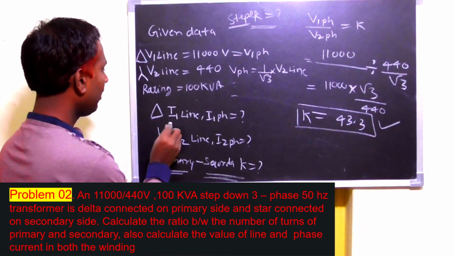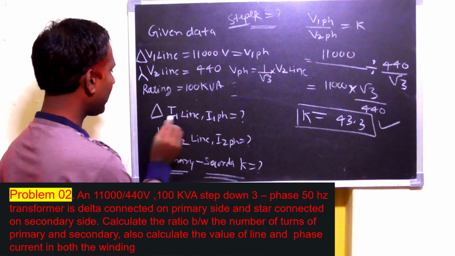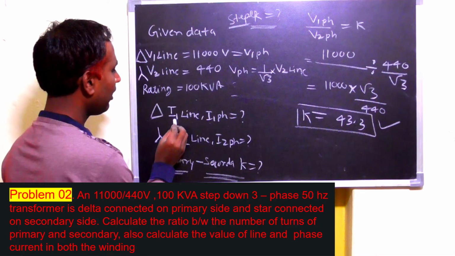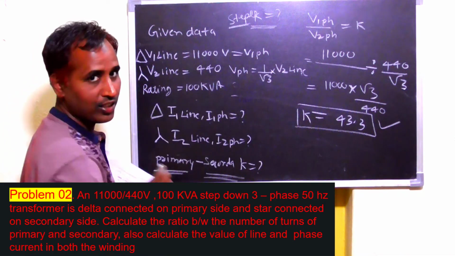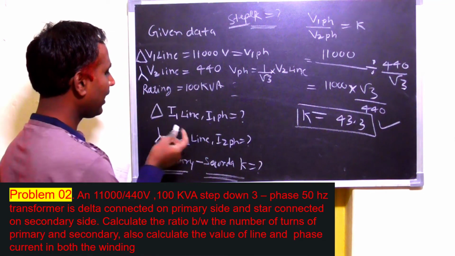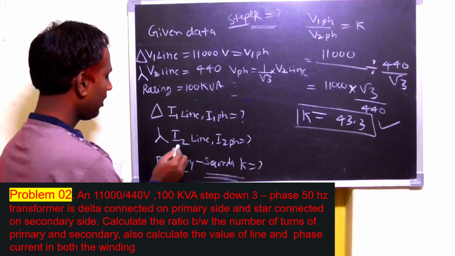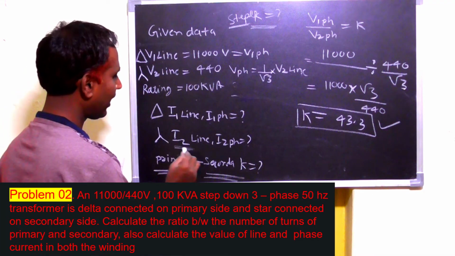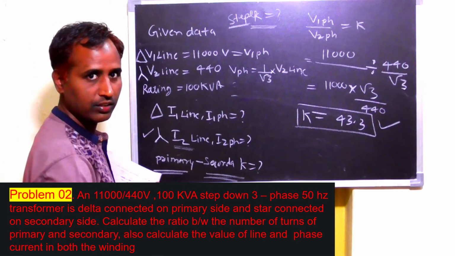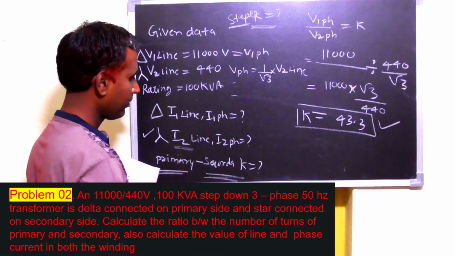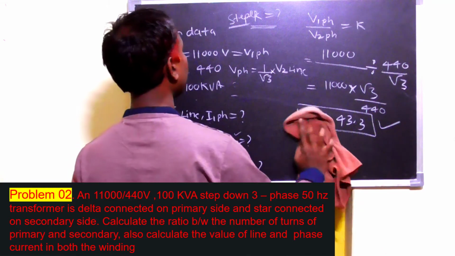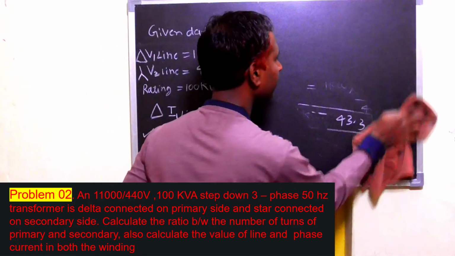Okay friends, so K value came here. Next I will find I1 line voltage, I1 phase voltage in delta connection. We know that in the delta connection, line voltage equals phase voltage. Sorry, in delta connection voltage is same but current is different. In star connection current is same. So that's why I am finding the I2 first. Let us start. I will erase this.